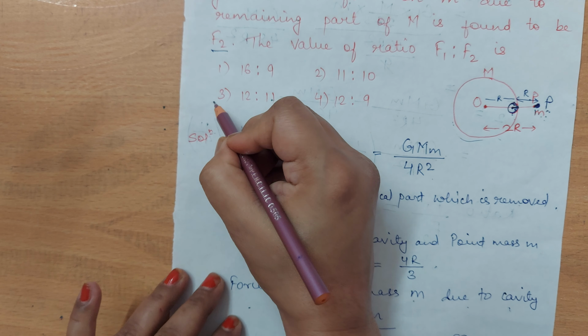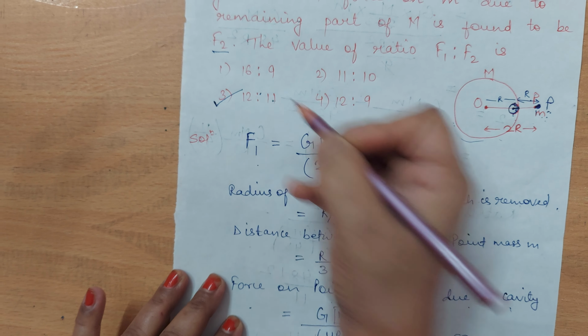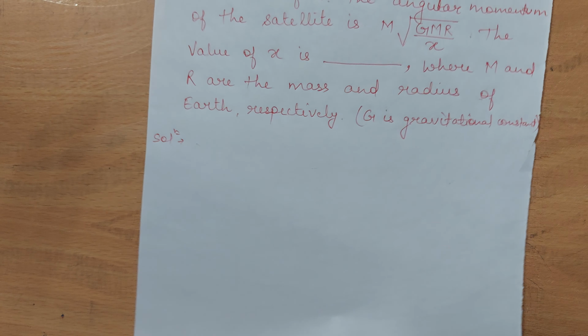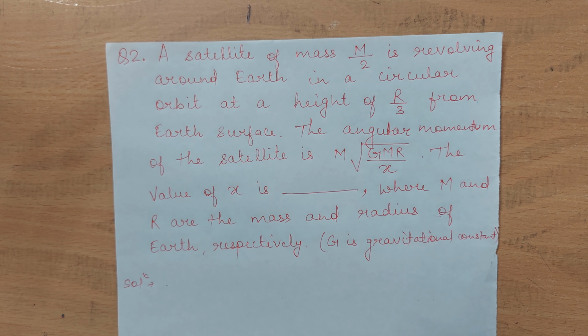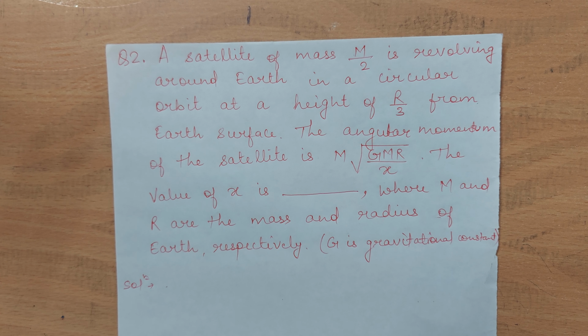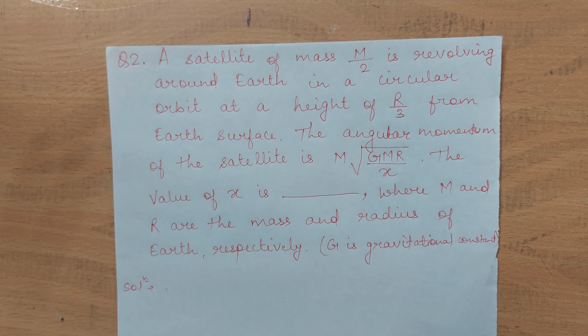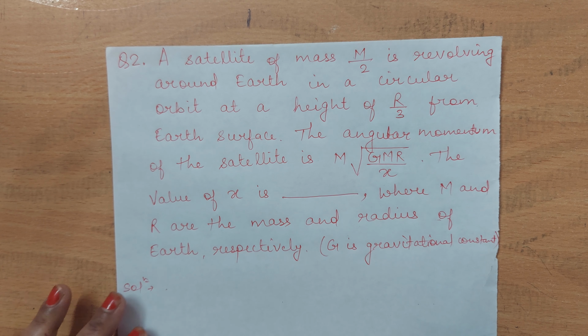So, this third one is the answer. Now, next question. A satellite of mass m by 2 is revolving around Earth in a circular orbit at a